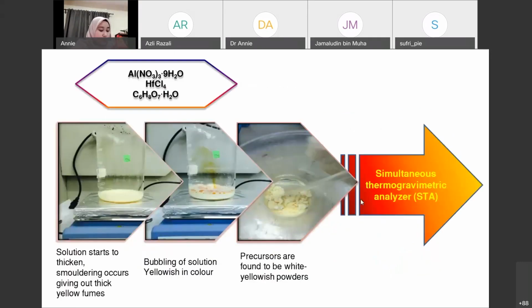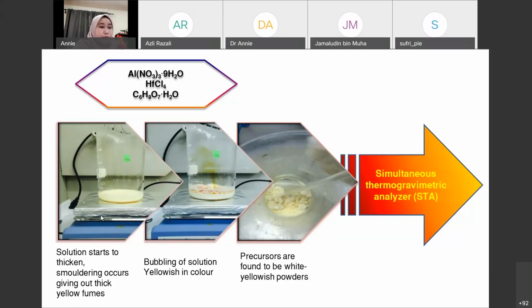Okay, so to come up with a novel aluminium hafnium oxide, I use aluminium nitrate nonahydrate, hafnium tetrachloride, and citric acid monohydrate as the starting materials. So after careful calculation of the starting materials, all of them were dissolved in ultra-pure deionized water using magnetic stirrers until a clear solution was formed. Then the solution was heated on a hot plate at 350 degrees C until combustion occurred and precursor materials were